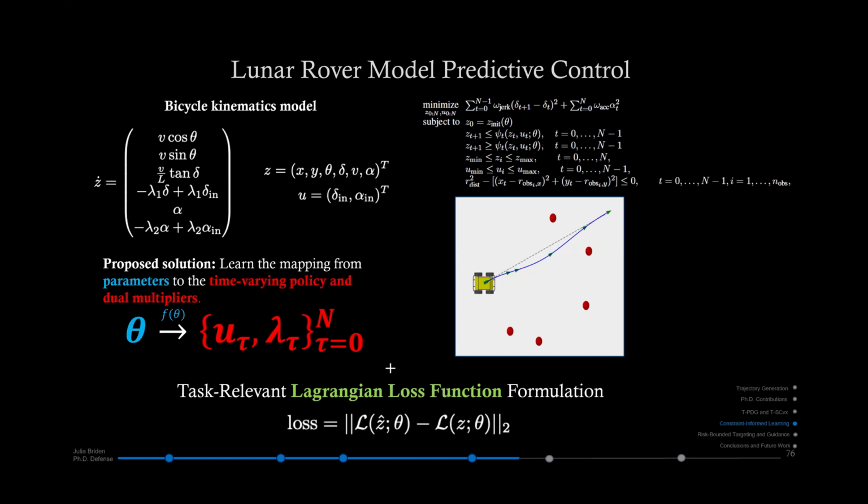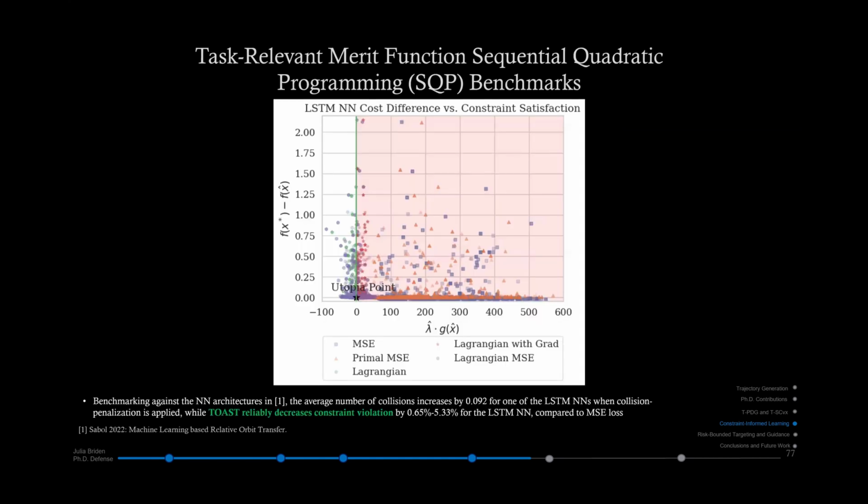And our proposed solution varies a little bit from T-PDG, where in this case, we're directly learning the time-varying policy and the dual multipliers using our neural network mapping. But specifically, this mapping is trained with task-relevant Lagrangian-based loss functions that I showed previously. And so if we look at the cost versus constraint satisfaction, this is similar to the dual plot that